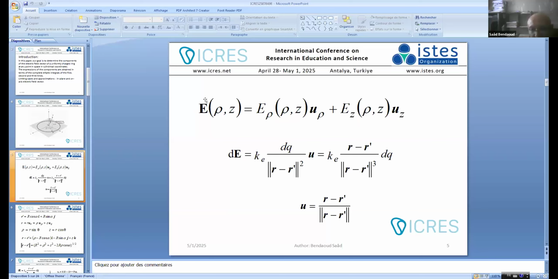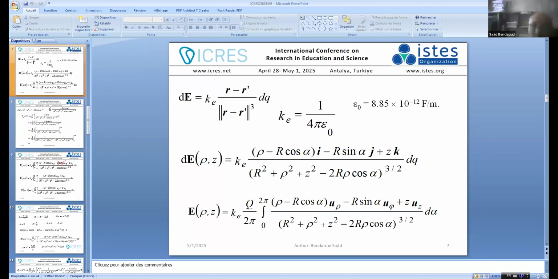This is the value. And we found Coulomb's law has this expression in 3D motion. But we can make a change to pass to the coordinates. This is the Cartesian coordinate. We can use the